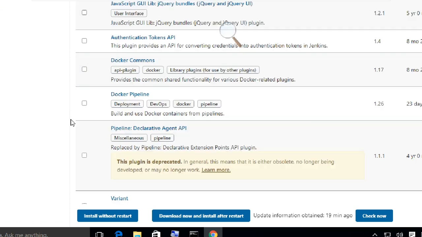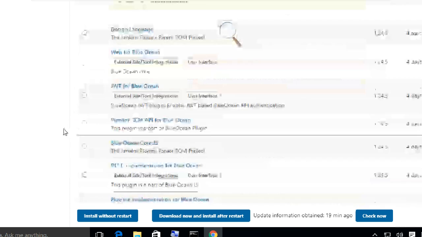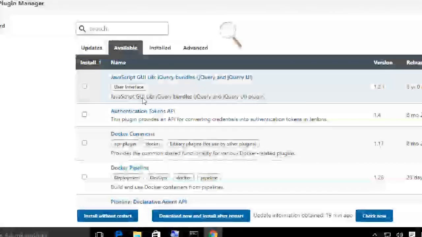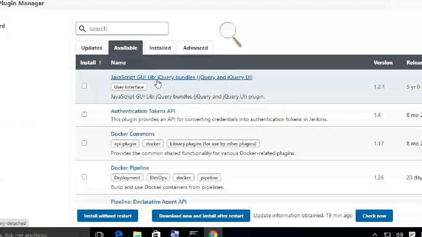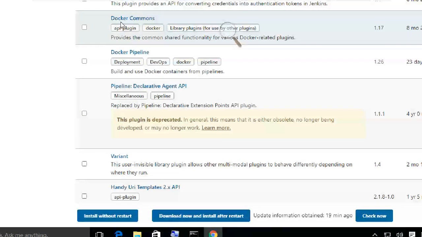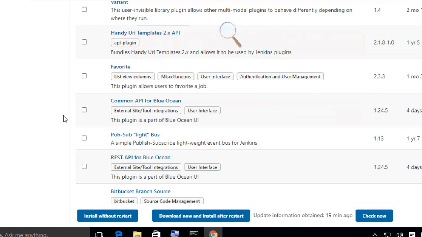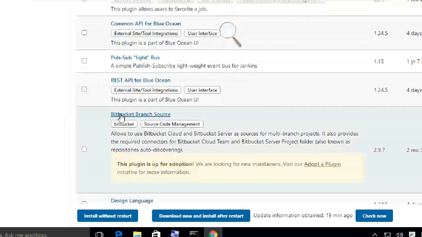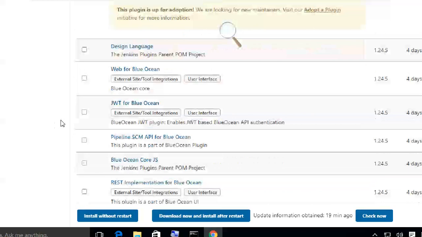There are still some more plugins available here. You can see these are all just the plugins list. Starting, you can go JavaScript GUI Live, authentication token API, Docker commands plugin. Okay, Docker pipeline. If you want Docker pipeline, you can add it also. Okay, like that. Variant, Bitbucket. Web for Blue Ocean.